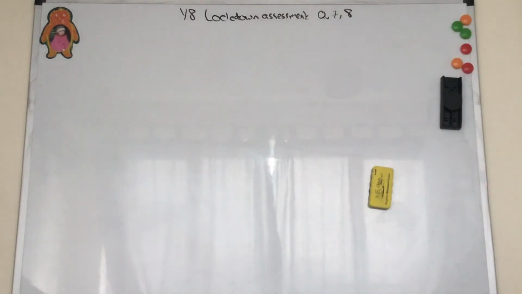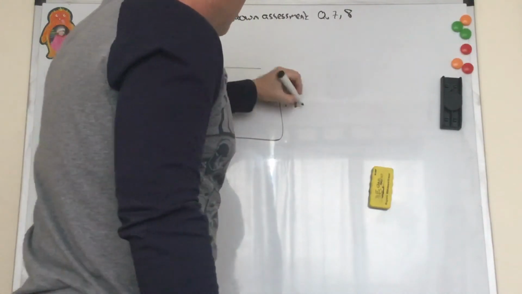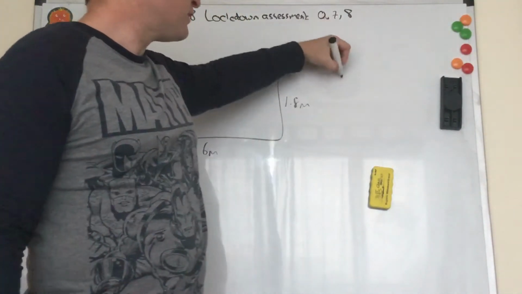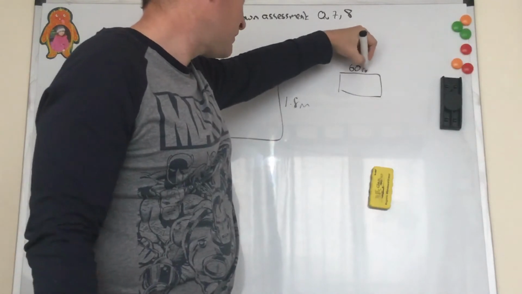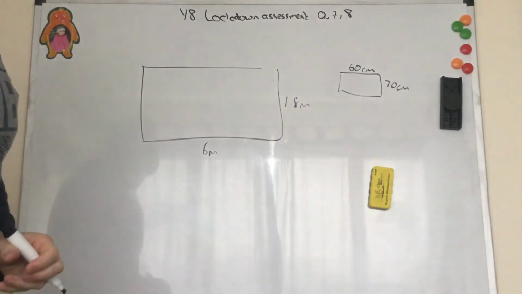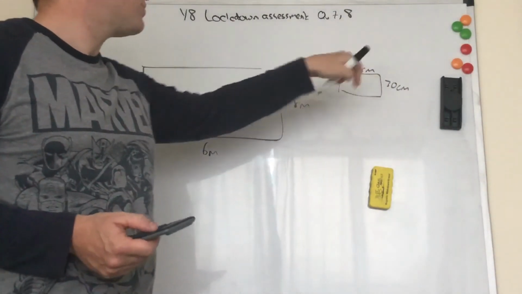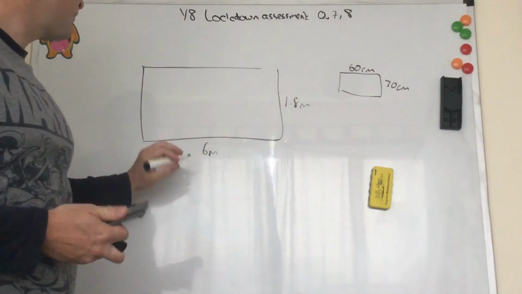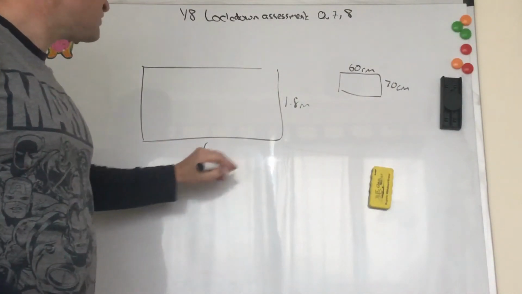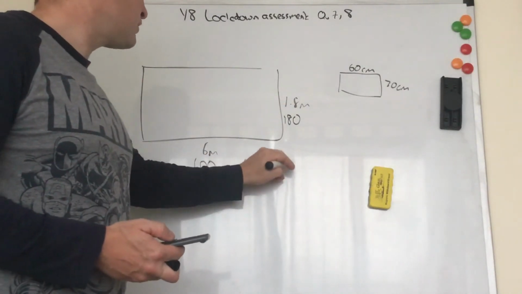Question 8. Tiling the wall. You've got a wall 1.8 by 6 metres, and we've got tiles that are 60 centimetres by 30 centimetres. First of all, we need to work out how many tiles we need. You could have worked out how many centimetres squared there, how many centimetres squared there, to work out how many tiles. So change your 6 metres to centimetres, and change your 1.8 metres to centimetres, and 600 times 180